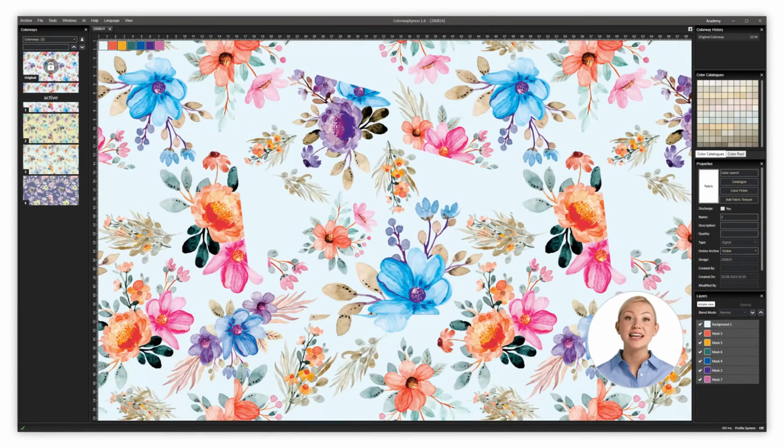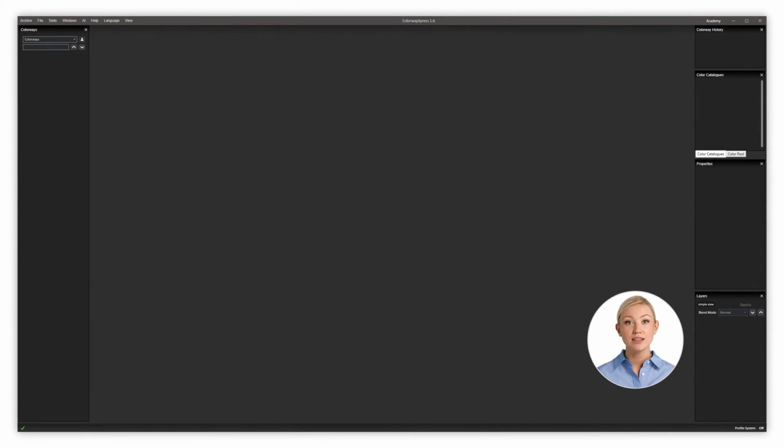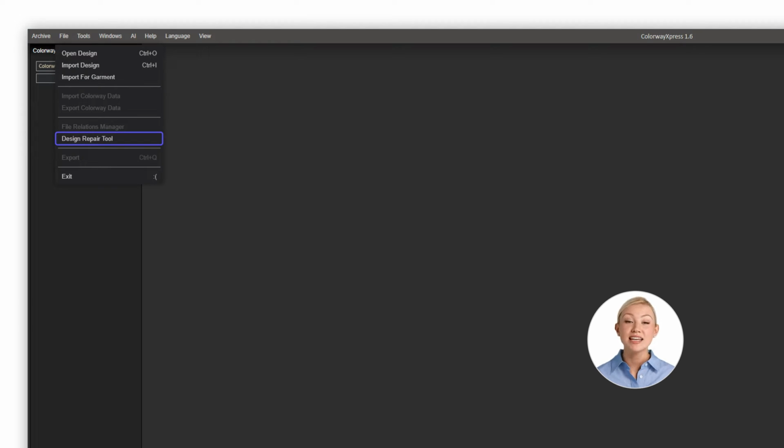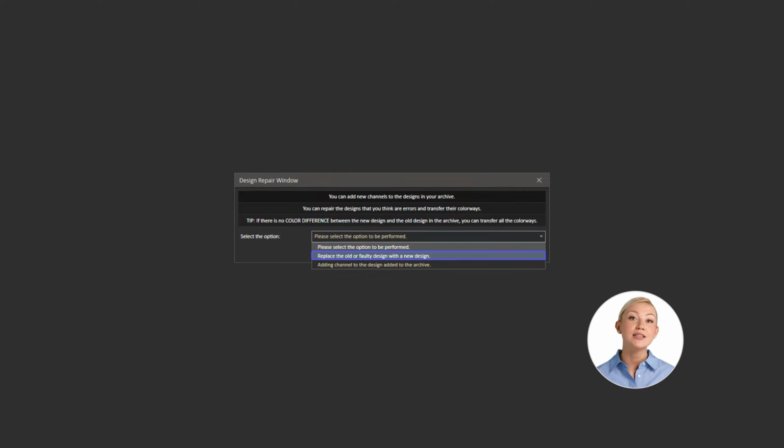If your design has any motif or repeat error after the original design has been repaired in Photoshop or another program, the Design Repair Tool feature automatically repairs all colorways by importing only the repaired original design. First, if the design that you want to repair is open on your or another user's device, close it. After, go to File, Design Repair Tool, and select the Replace the Old or Faulty Design with a New Design